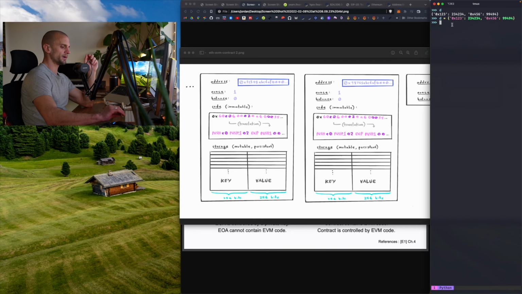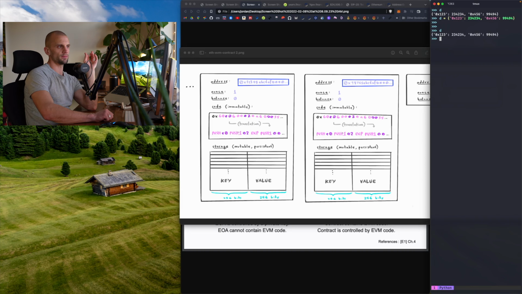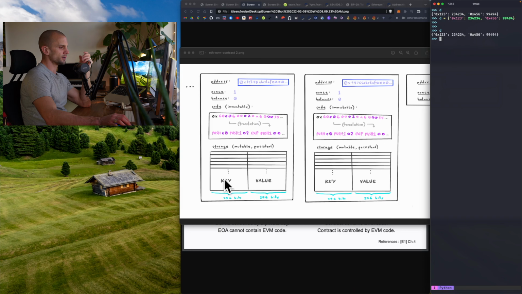This is a little Python example. It's just what's called a dictionary in Python, and all it is is a mapping. So you map from a key to a value, and that's what this is doing here, key value mapping. So a token contract literally, if you have the token, is going to have your address in its storage and then a number, right? Like 50, you have 50 of the tokens. And then when you want to transfer that token,